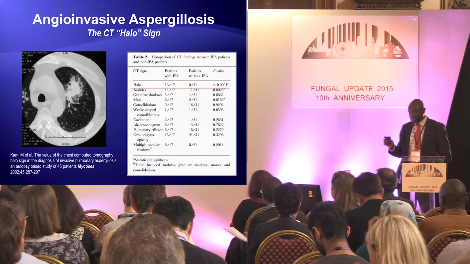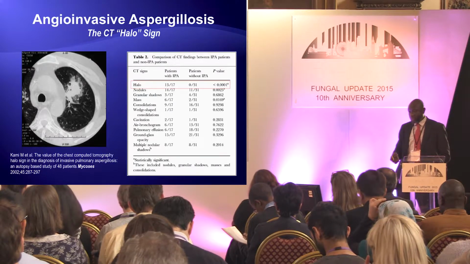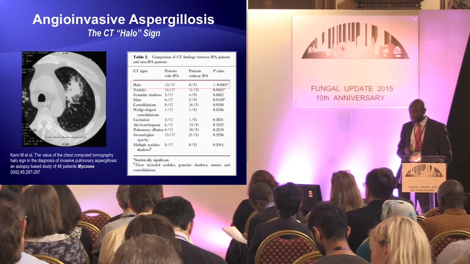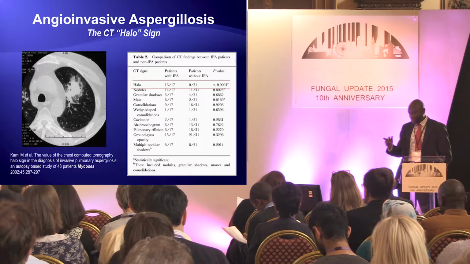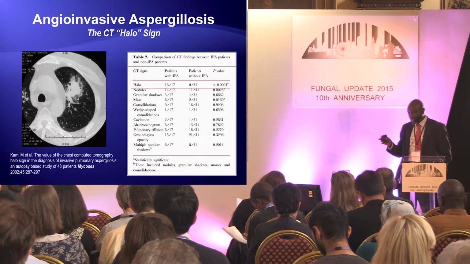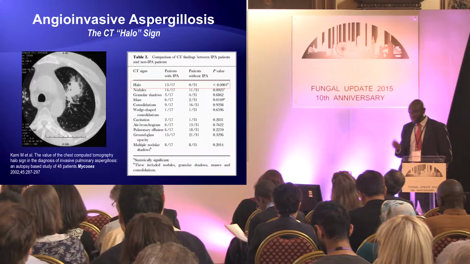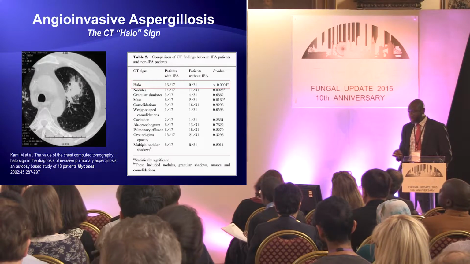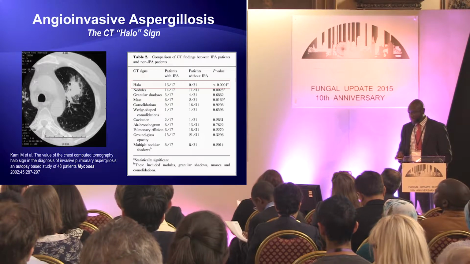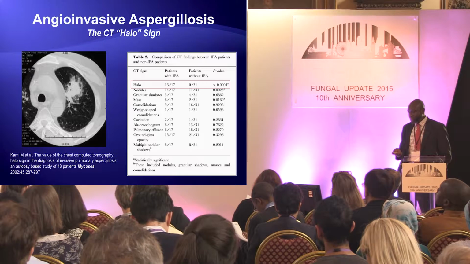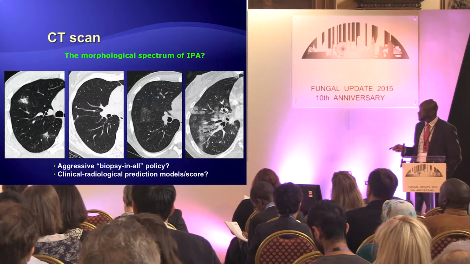So I've mentioned this already, there's no doubt that some of the things that we see on CT scanning correlate very highly with fungal infection, in particular invasive aspergillosis. So this is a radiopathological correlation. 48 patients were looked at, patients who had fungal infection and others who didn't. And the halo sign is obviously highly significant there. And nodules and masses as well are significant. And the other signs are non-specific, and you can have them in fungal and non-fungal infections as well.